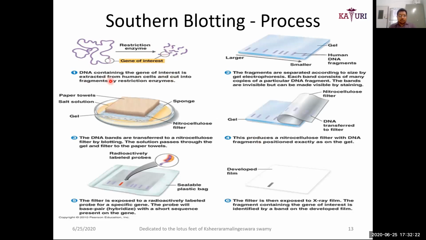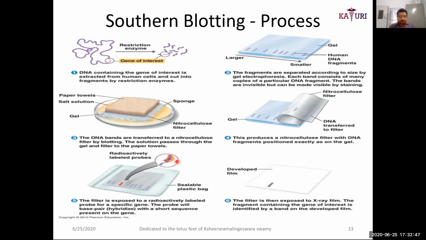Okay, so the DNA is now broken down using restriction endonucleases, and these fragments are put on an agarose gel where we do electrophoresis. They will be arranged from smaller to larger. On this, you do the third step, the blotting technique. You put a sponge and the gel in the same order, where you put the paper on the top and under the sponge, under the paper towels, so that it is absorbing.